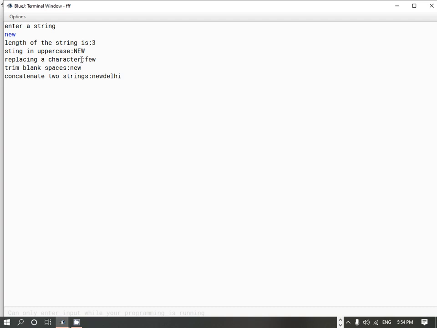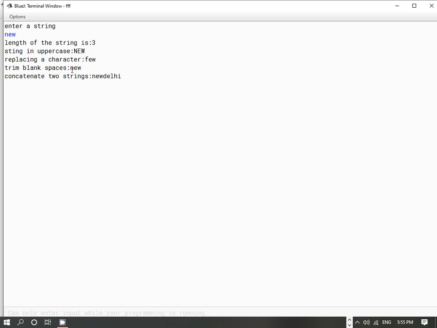Then string in uppercase, this is converted into NEW. Replacing a character, this n has been replaced by f. Then trim blank spaces. If you have provided any blank space, all those blank spaces will be truncated. Here we forgot to give a blank space. And then the last one is concatenate two strings, so New Delhi.